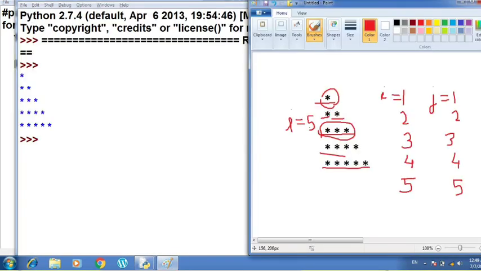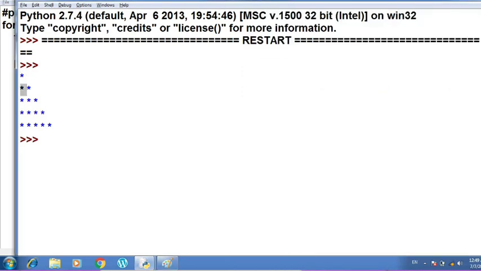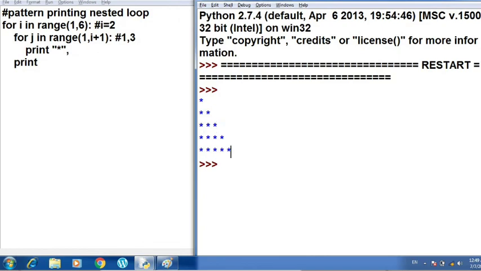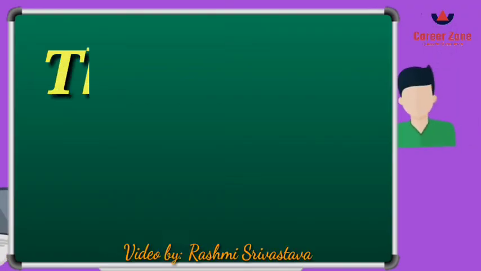Alright, so you can see in the output that the stars are printed in 5 lines: first row, second, third, fourth and fifth row, printed as we wanted. So this is how you can print different kinds of patterns using the nested for loop. I'll be showing you different kinds of patterns in the coming videos. Till then, practice these two patterns and try to understand how the nested loop works. Thank you so much.